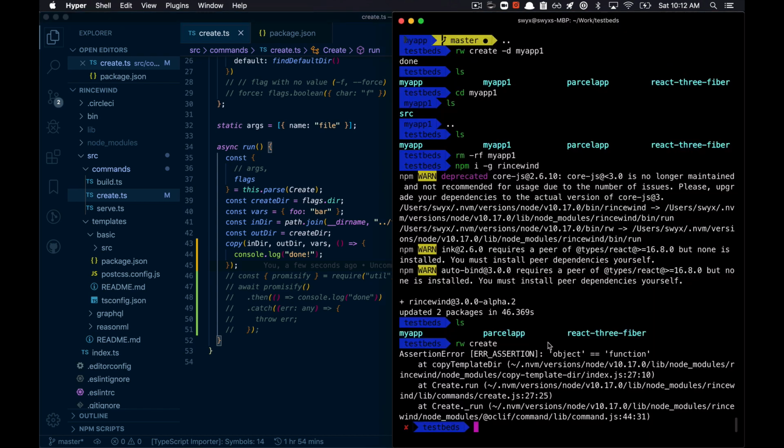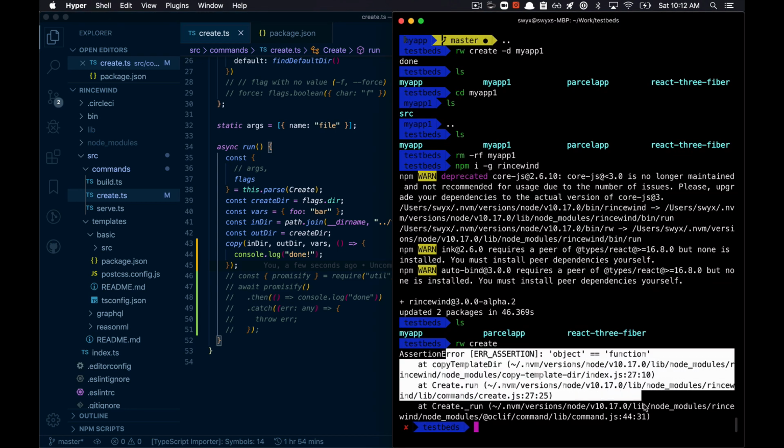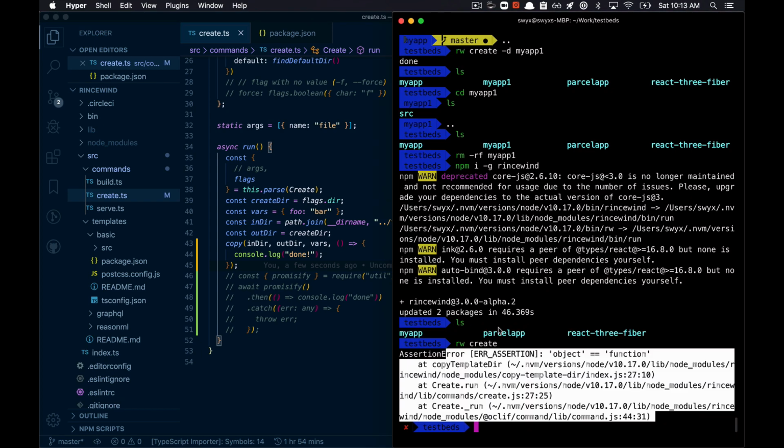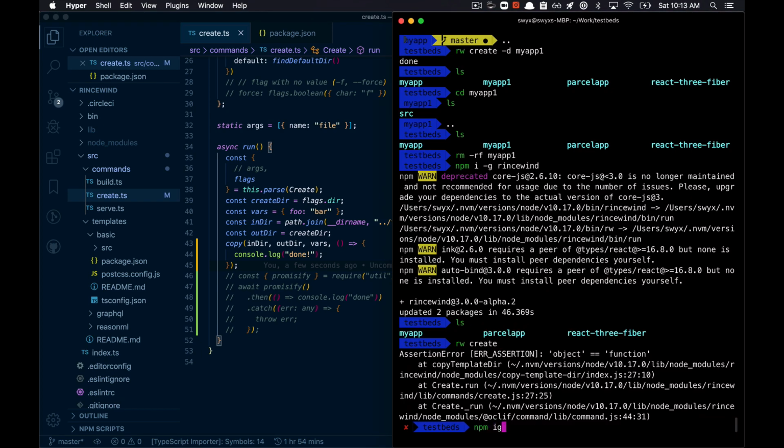All right, so now I get to show you what happens when there's an error, right? I guess I could just show you the right way to do it. Okay, the right way to do it is symlinking. So let us uninstall the thing that we just waited for. Uninstall -g rincewind. Make sure there's no trace of it in my